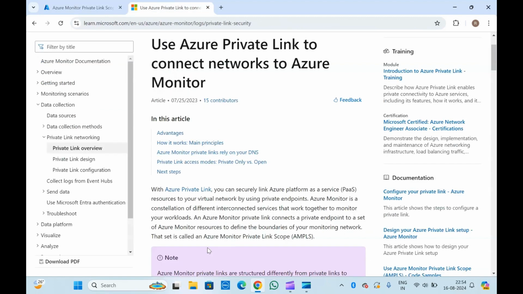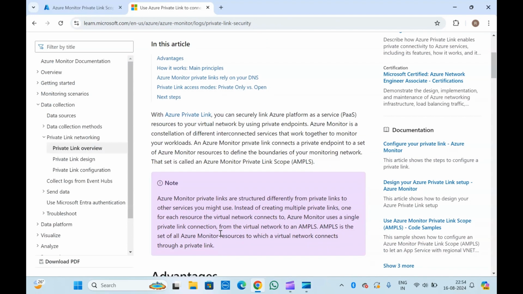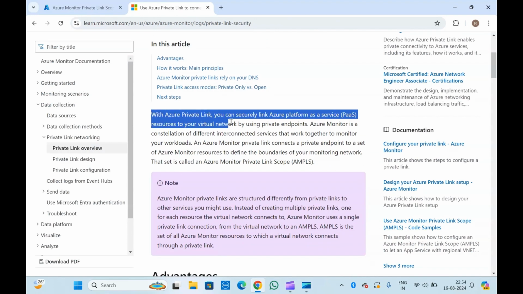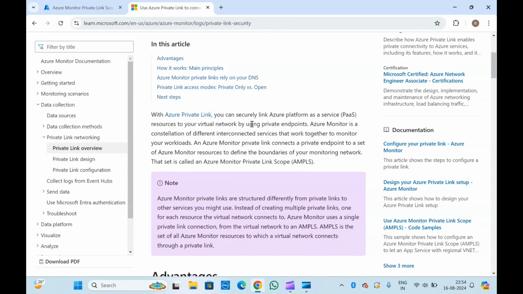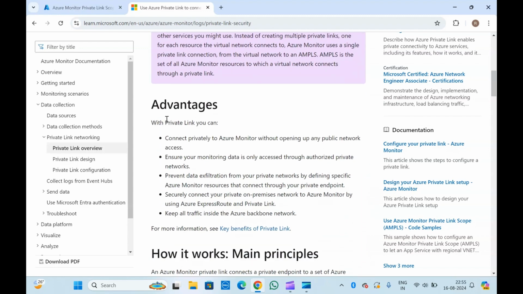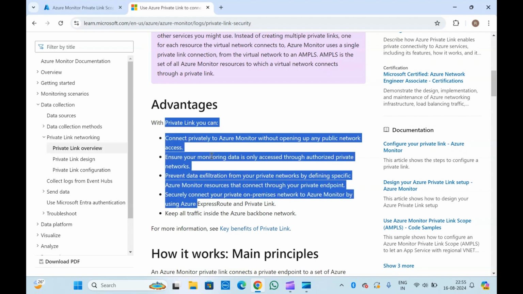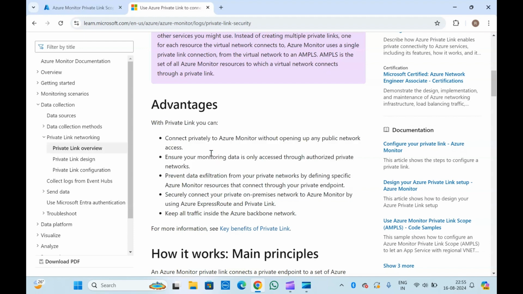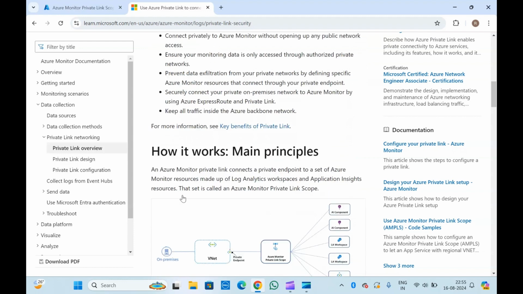If you open the documentation, here you can see the definition as well. With Azure Private Link, you can securely link Azure Platform as a Service resources to your virtual network by using private endpoints. Okay, here you can see some of the advantages. You connect privately to Azure Monitor and all these things, and this is the